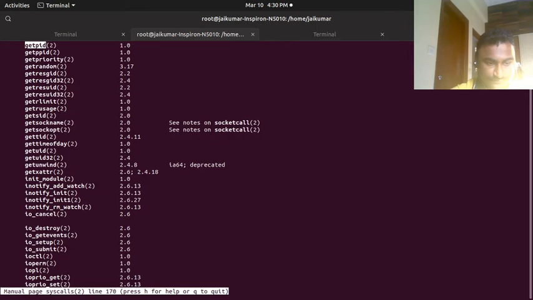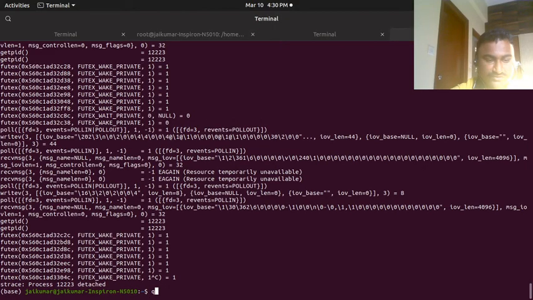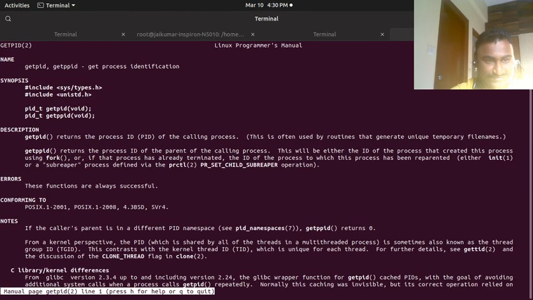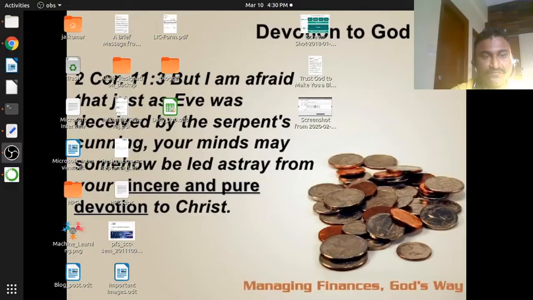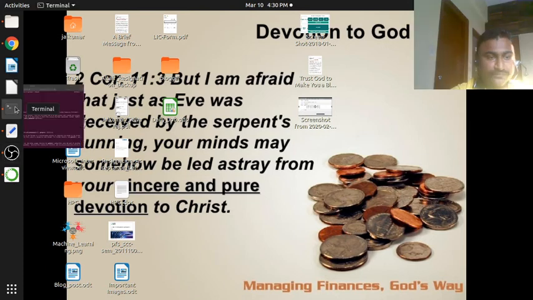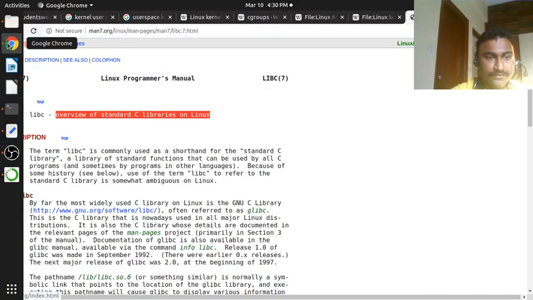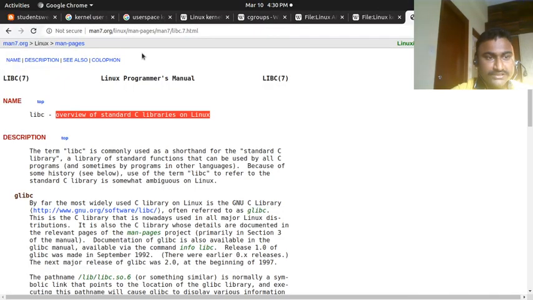Here you will get the clear information. Let me check whether yes, great. We are getting it, it's get process identification. All the functions we are using, all the information about the details we can get.